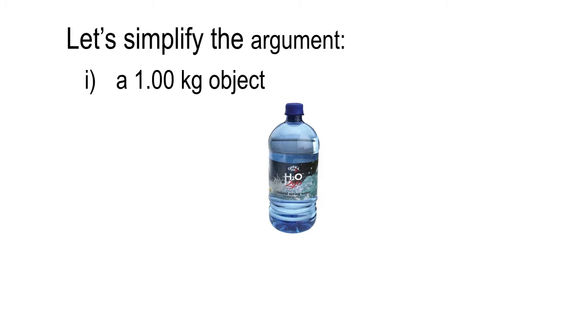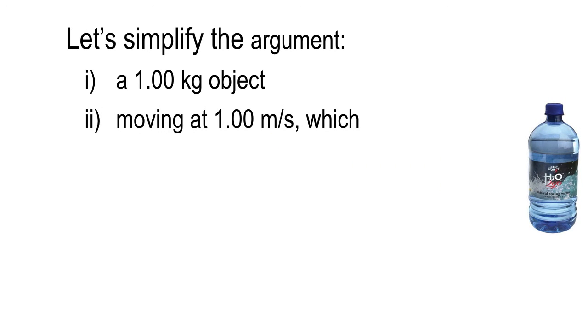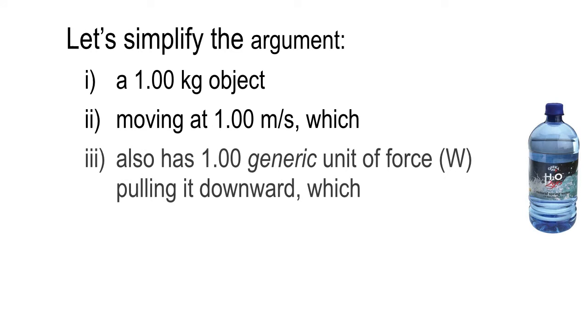We talked about it, and I want to reinforce it this morning. And what we're going to do first is simplify the argument. We're going to put some numbers in here, but they're all going to be simple numbers. So we're going to talk about a 1 kilogram object like a liter bottle of water. And we're saying it's moving on this frictionless horizontal plane at 1 meter per second. Okay, that's kind of cinchy. And then it also has one generic unit of force. So I'm not even saying metric unit. I'm just saying some generic, unspecified unit of force,